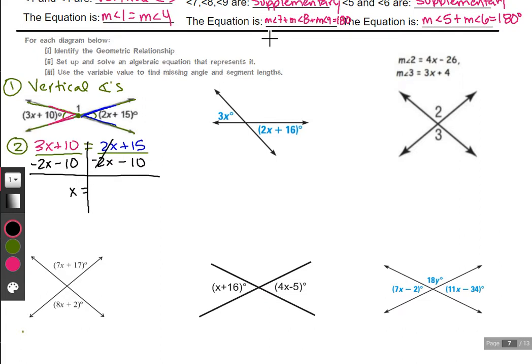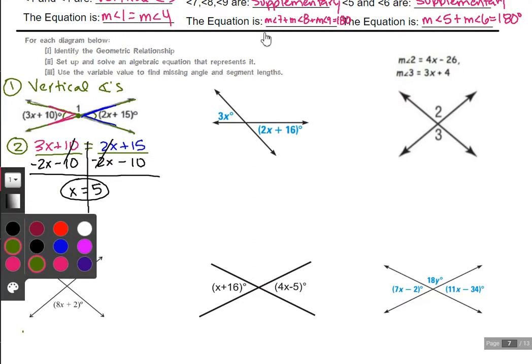Okay, the 10's cancel. We have 15 minus 10. That'll give me an x value of 5. Third step, we need to resubstitute and find angle values. So that's just an issue of going